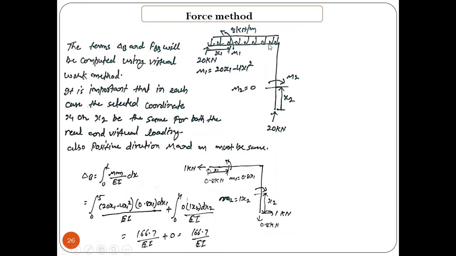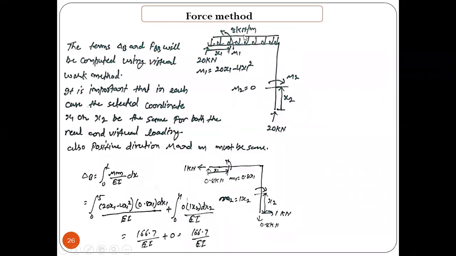So in the case of UDL, if there is any beam, this reaction is the same and you can put it here also. Similarly, in the same line, it means this is also acting at this point. So it's a simply supported kind of beam, so you can relate it. Just, it's not a simply supported beam, but I'm just relating it.